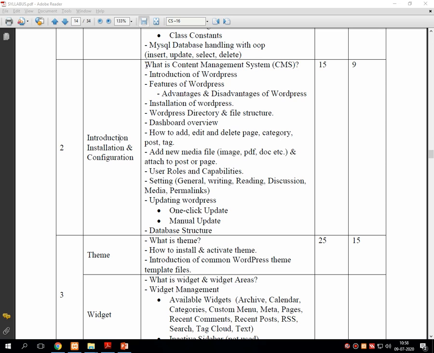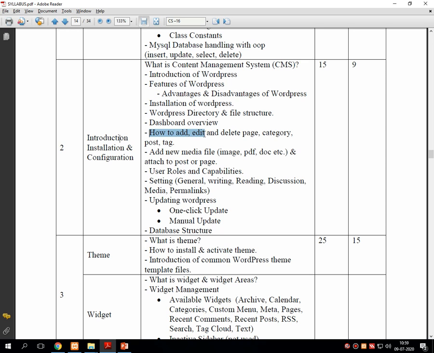The first topic is what is Content Management System, then Introduction to WordPress, features of WordPress with advantage and disadvantage of WordPress, installation steps of WordPress, directory and file structure for WordPress, dashboard overview, how